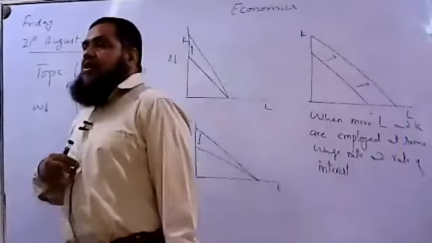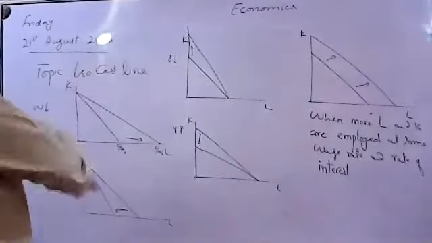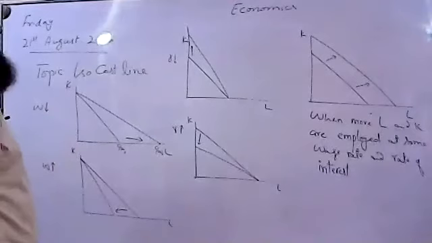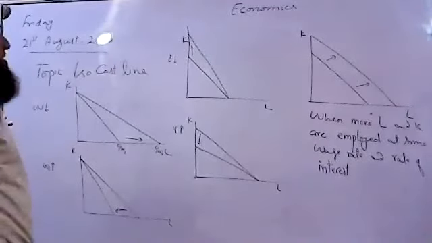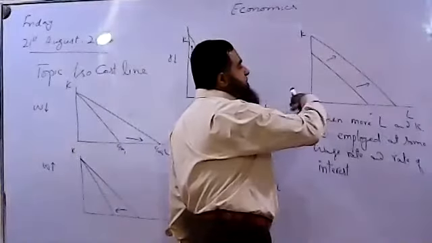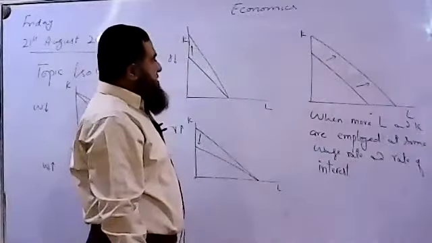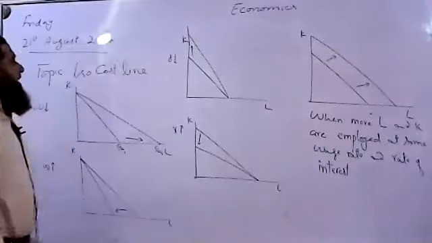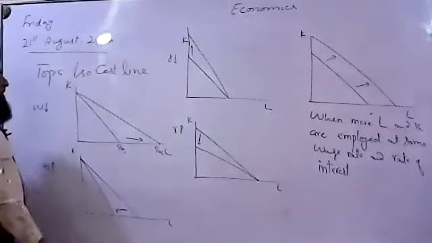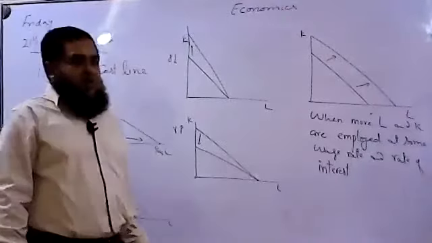And when the firm wants to produce less output, this will have a parallel inward shift, keeping wages and the rate of interest on capital constant. So that means when the overall cost of production is going to increase by employing more labor and capital, it will have a parallel outward shift and vice versa. And when their relative prices are changing, like wages and the rate of interest, then there will be a change in the slope of the isocost line.